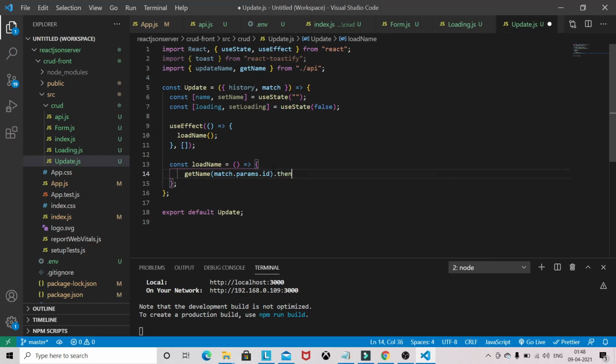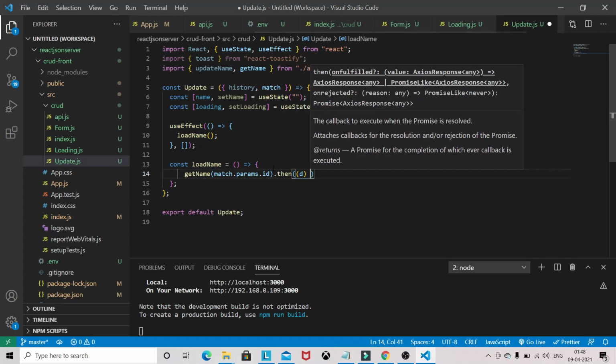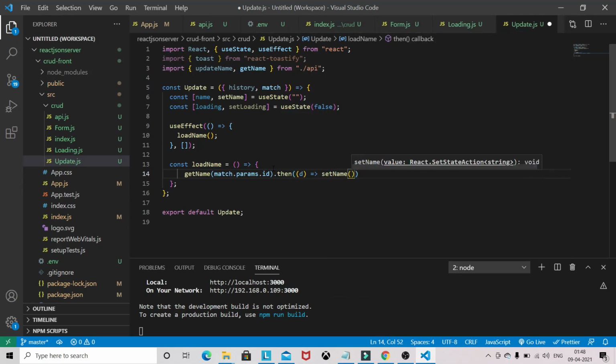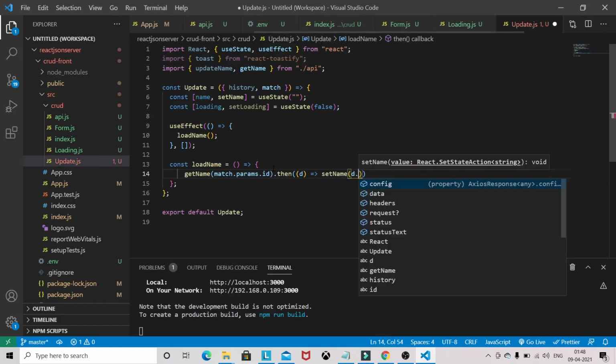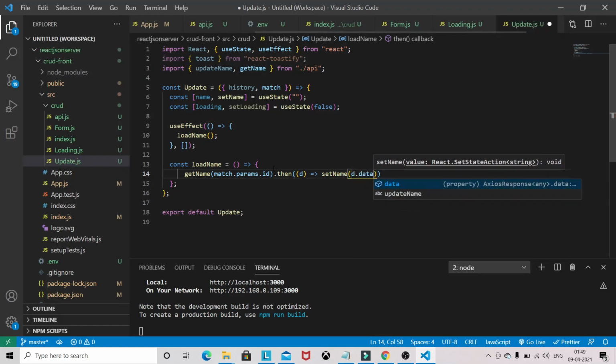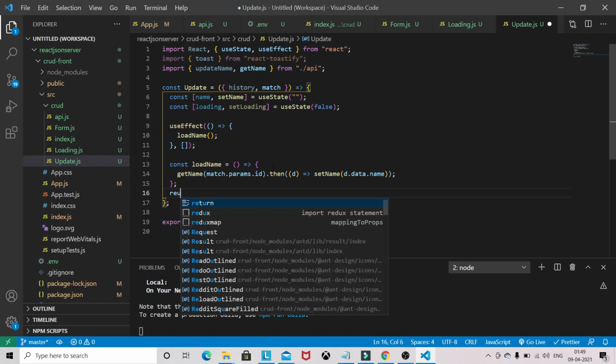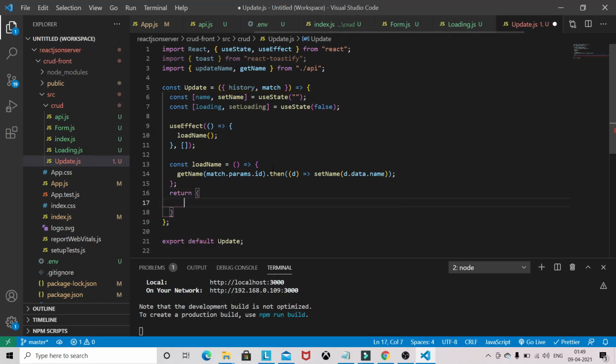Then you can give any d, setName(d.data.name). Okay, and we will return here.